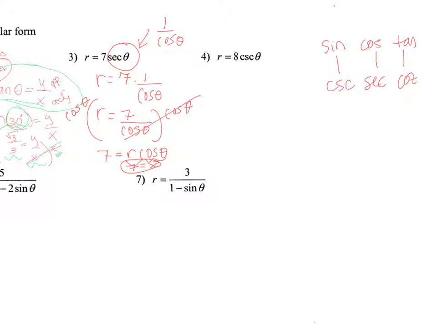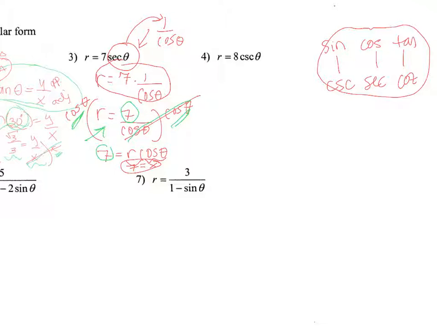Okay, you now need to recognize that sine, cosine, and tan have reciprocals: cosecant, secant, and cotangent. So for this problem, we want to see sine or cosine or tan. So we can replace secant with 1 over cos, so we end up with r equals 1 over cos theta, which is the same as r equals 7 over cos. We multiply both sides by cos theta, getting us 7 by itself is equal to r cos theta. You can replace r cos theta with x. So your final answer is